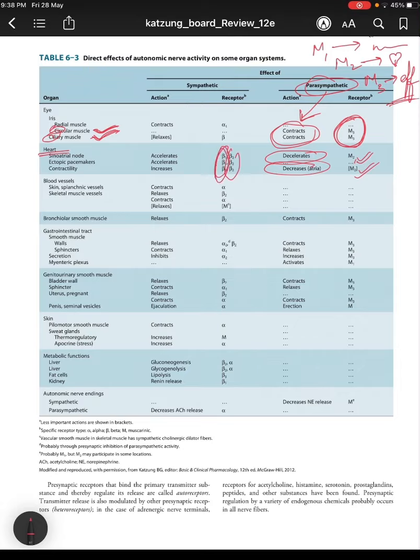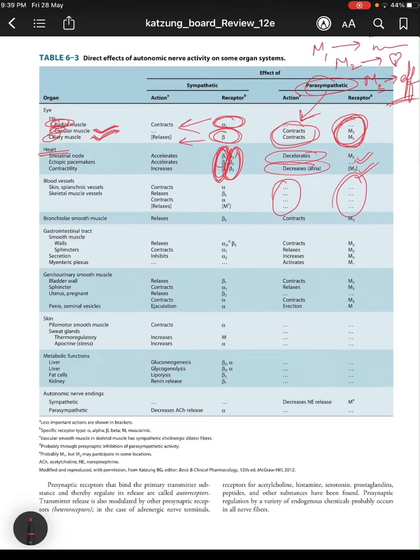You had beta 1 primarily on the cardiac muscle cells, and beta 2 in the heart and liver and other cells. Okay. Whereas coming to the eye, the sympathetic, you had radial, so alpha 1 receptor, so it causes contraction, and if parasympathetics is causing contraction of the ciliary muscle, then beta receptors must cause relaxation. Okay. Next, coming to blood vessels, they are actually escaping from acetylcholinergic innervation.